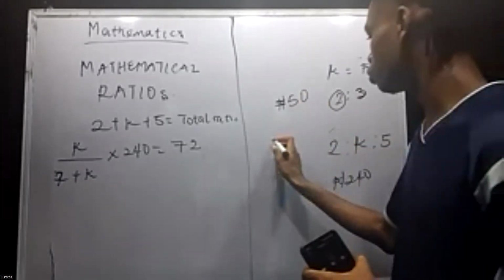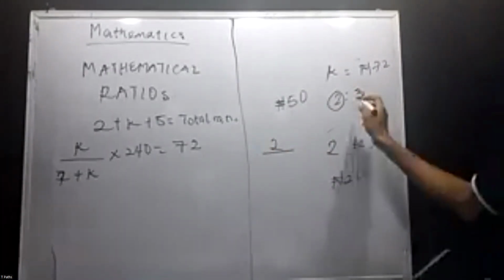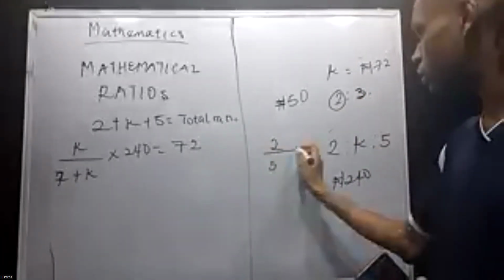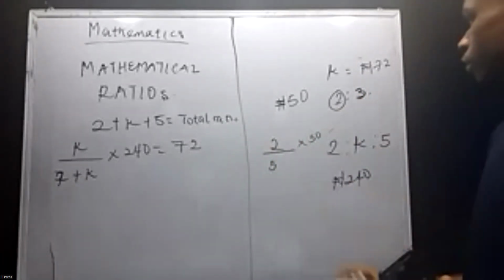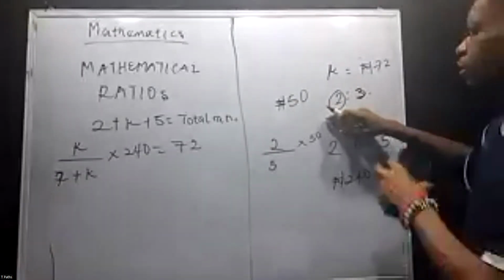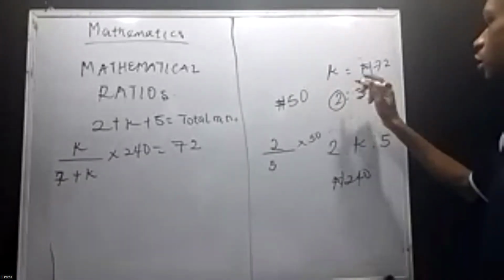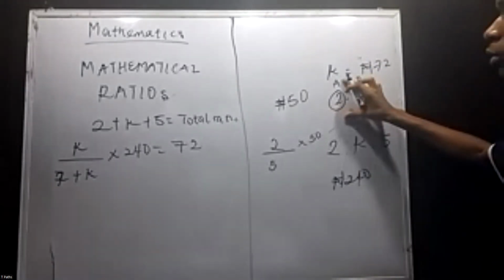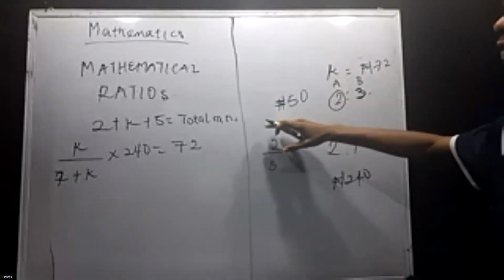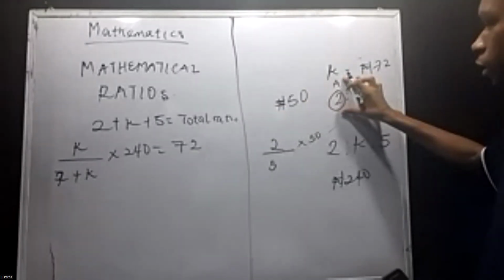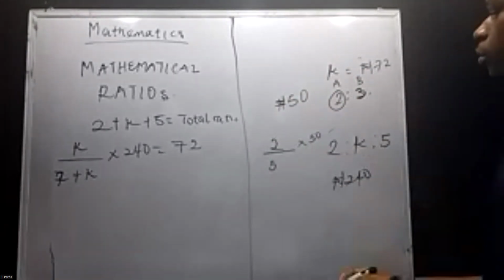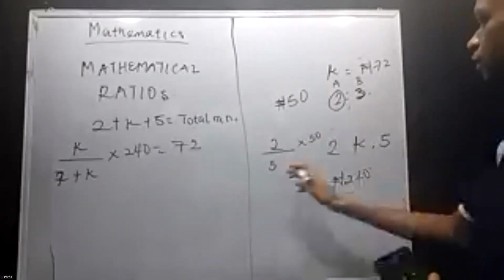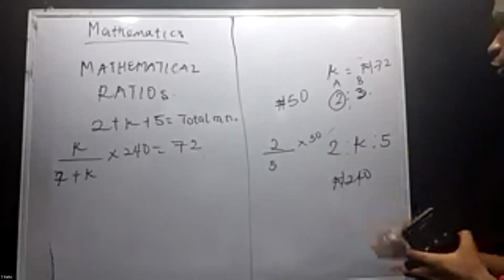I'm going to say 2 divided by the total number of ratios, that's 2 plus 3, which is 5, multiplied by 50. I'm going to call this child A and child B. The share of child A from this amount will be calculated by the ratio of child A divided by the total sum of their ratios